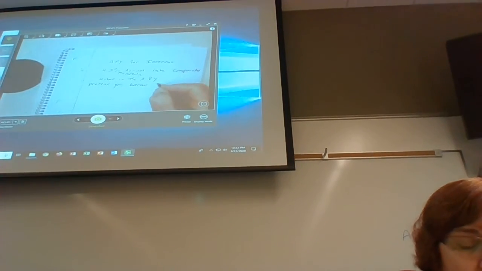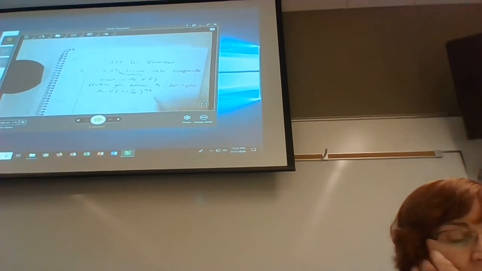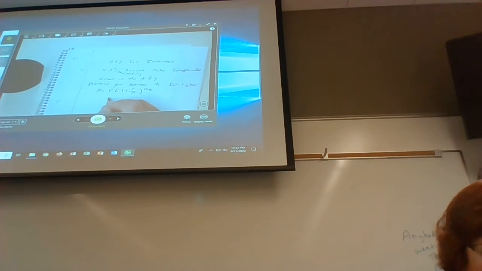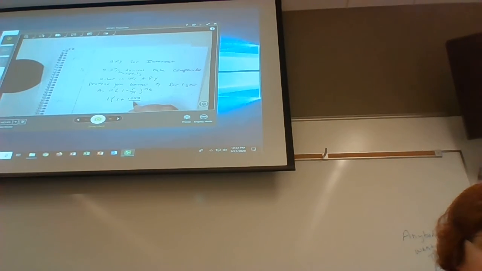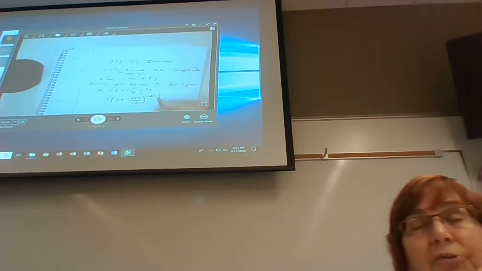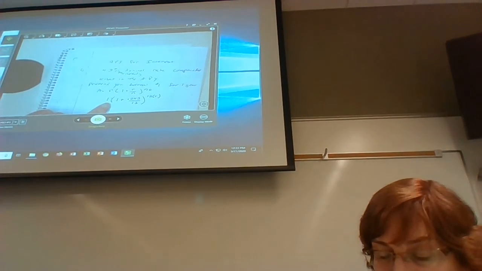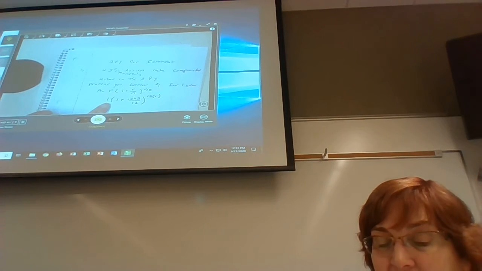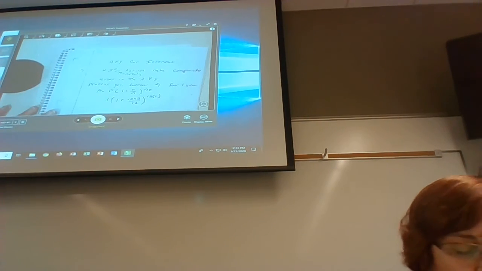$1 for 1 year. And so now you'll do A is equal to P times (1 plus R over N) to the NT. All right. So in this case, we're borrowing $1. The rate is 0.043. We're compounding monthly, so N is 12. And we're doing it for 1 year. So time is 1. I put that into my calculator. 1 parenthesis 1 plus 0.043 divided by 12, close my parenthesis, to the power of 12 times 1. Well, 12 times 1 is just 12. So I put that in, and I get